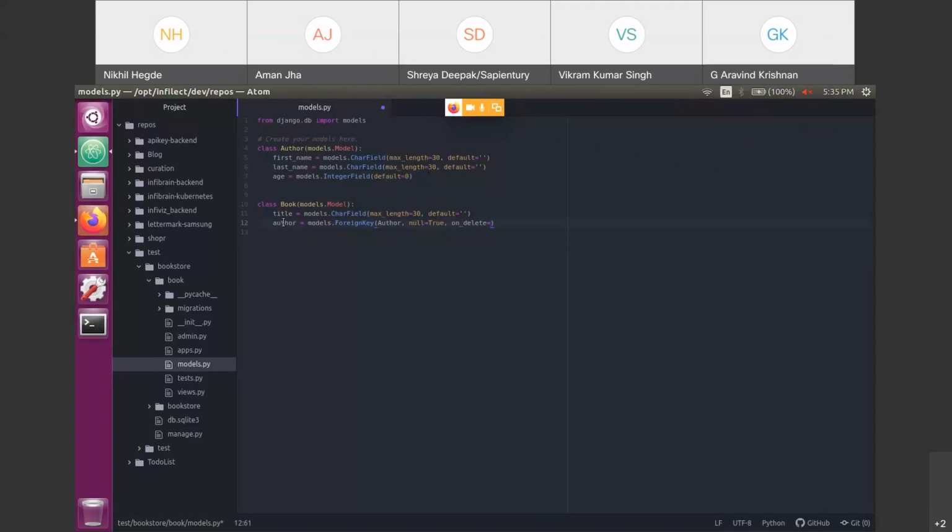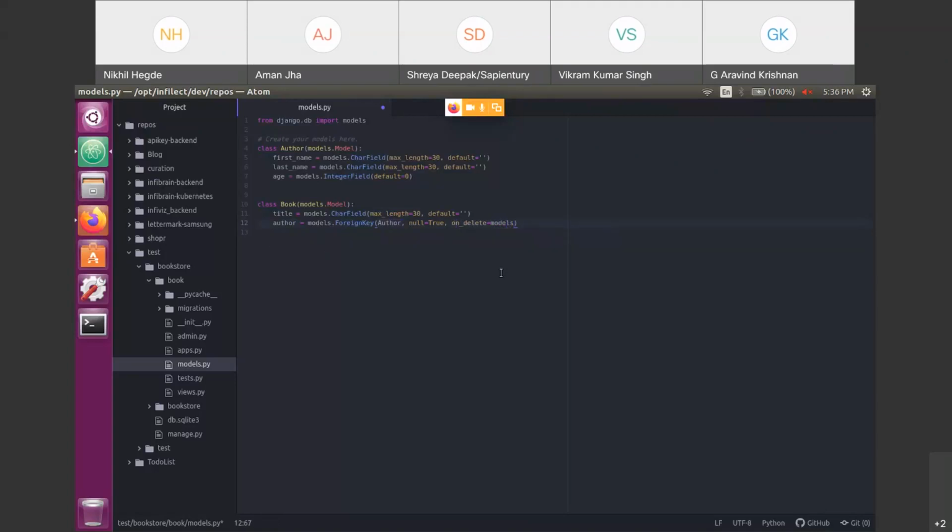Then what will happen to the book instance B, because you have deleted the foreign key itself? That is defined in this argument: on delete of the foreign key, what will happen?